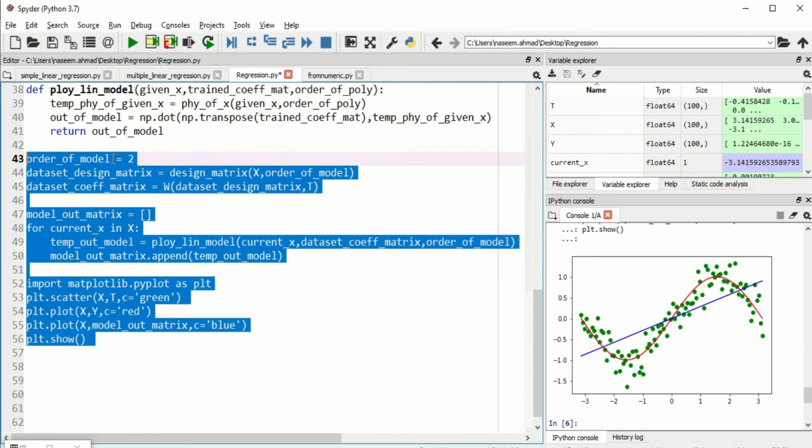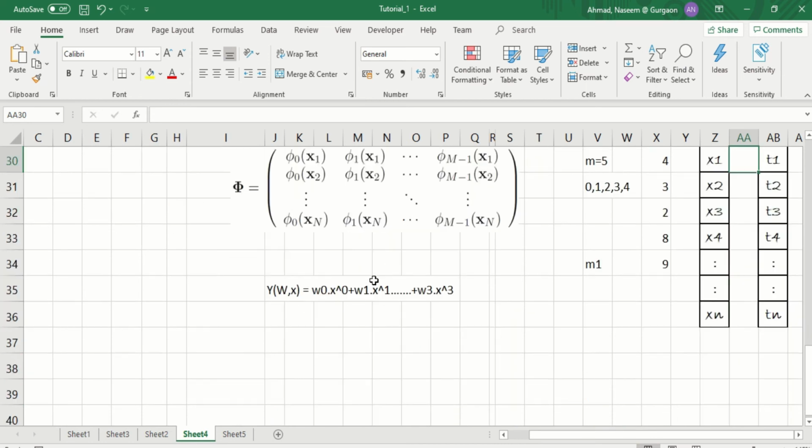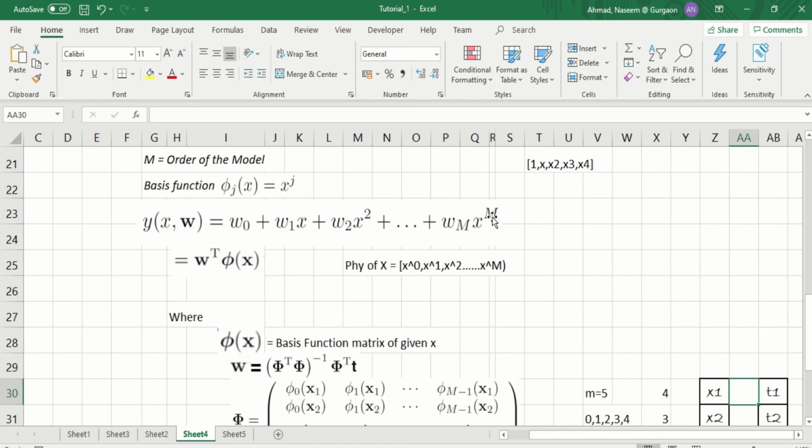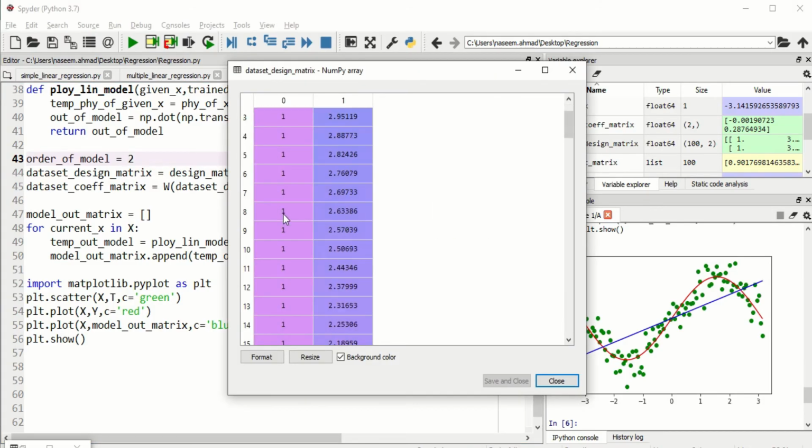And why is it linear? Because the order of the model is 2. If we go back and see what this model is, if we supply m equals 2, we actually have only these two things in our hand, w0 and w1x. Because if we go back to the design matrix, for each x, because we have 100 different elements right now, it creates a row, and this row has x raised to the power 0, x raised to the power 1. And this is exactly what we are doing for model 2. The columns in this design matrix are 2, right?